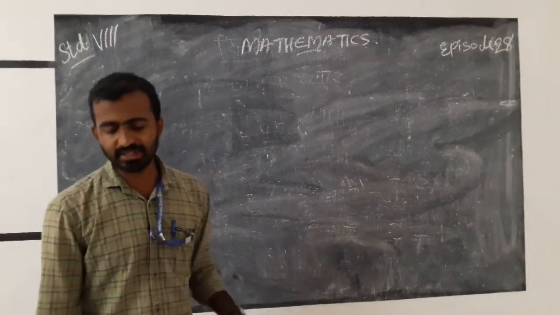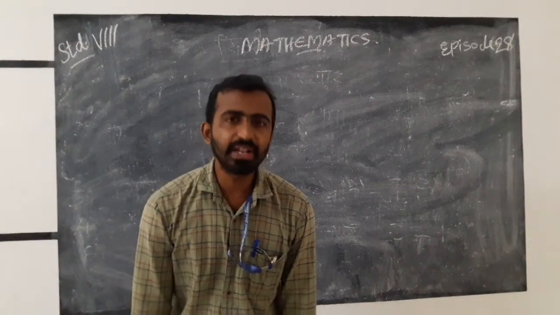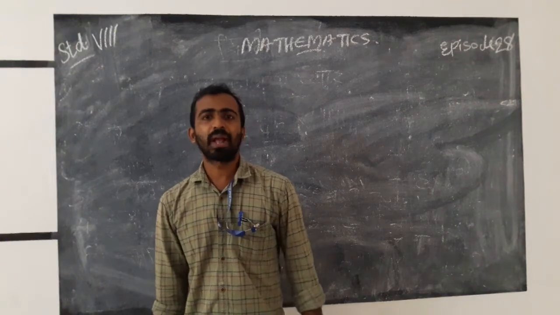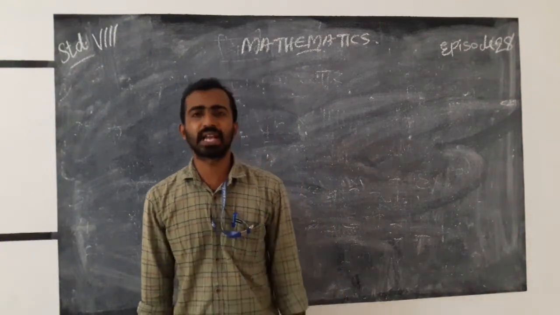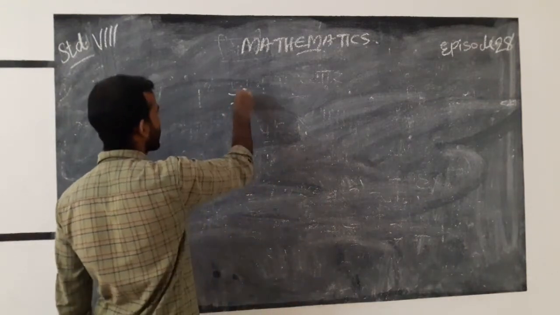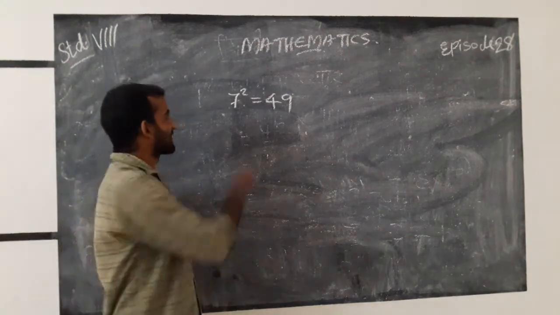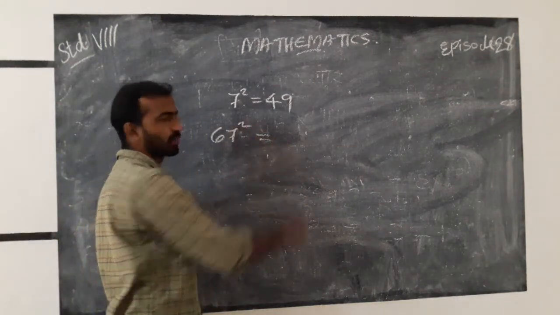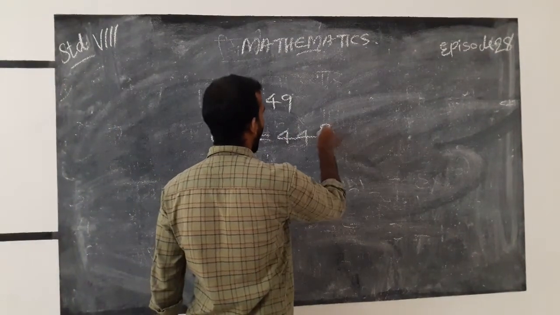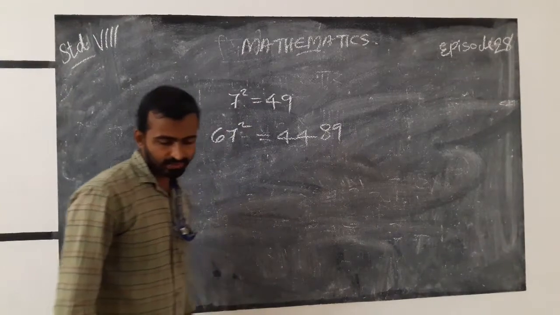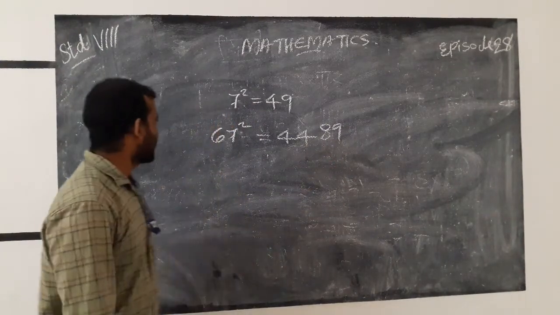When we take these squares, these are fun, is it? When we see like this, we are in fun maths, is it? Yes. That is next, 7 square is 49. We know that 7 square is equal to 49. That is also next, 67 square, we can write 67 square equal to 4489. 4,489.